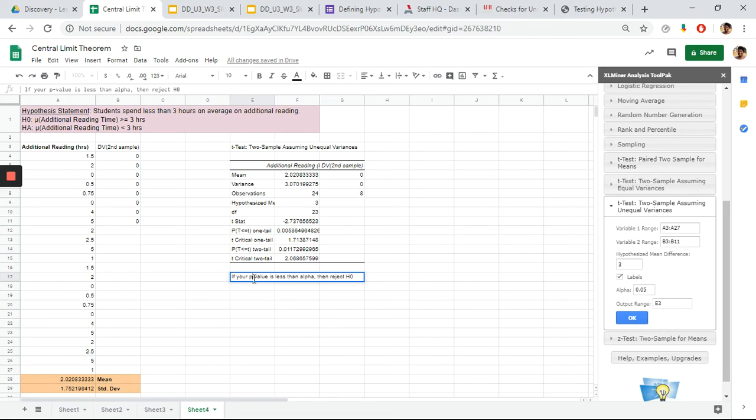So this is the rule. When your p-value is less than alpha, then you can reject your null. Then you are happy because your alternative is validated. A quick way to remember this, I have a little acronym. If your p-value is less than alpha, reject H naught. So PLAR is the acronym I use